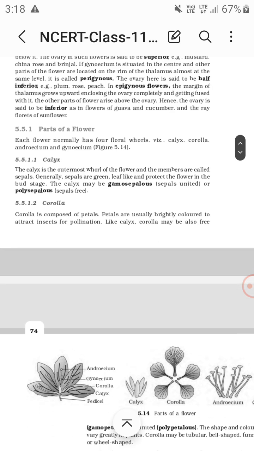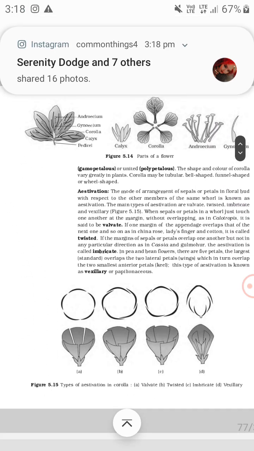Okay, the parts of the flower: calyx, corolla. Then there is aestivation, which is a